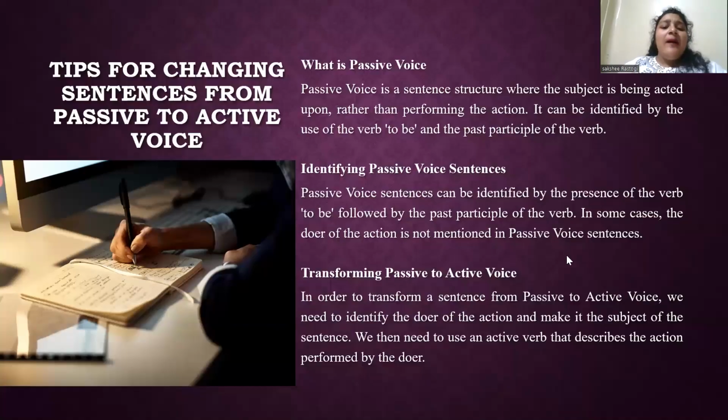So here I have some more examples of passive voice sentences. For example, simple passive: the dog is petted. The subject dog received the action of being petted. The flowers are watered means the subject flowers received the action of being watered. Now the passive with agent: the book was written by J.K. Rowling. The subject book received the action and the agent J.K. Rowling performs the action. The painting was created by Leonardo da Vinci. The subject painting received the action and the agent performs the action.